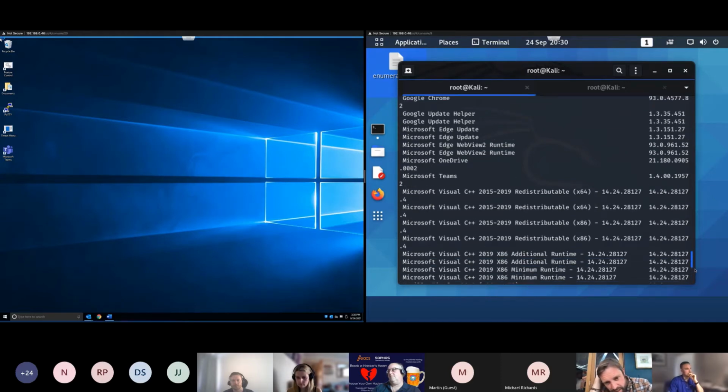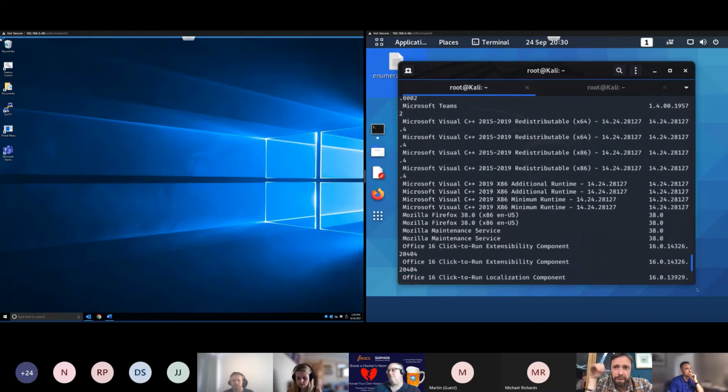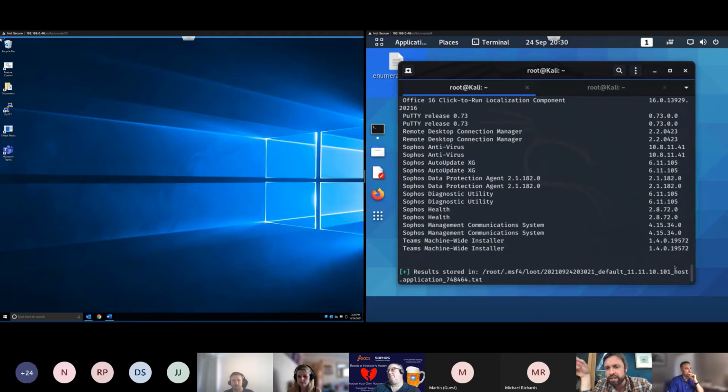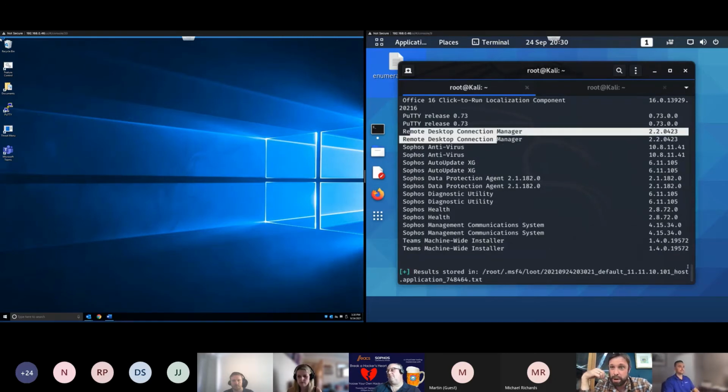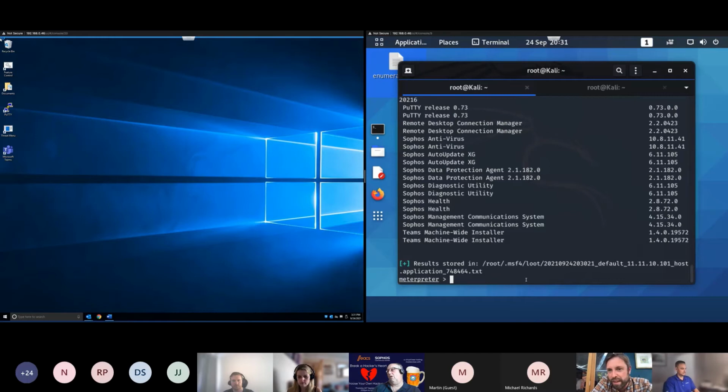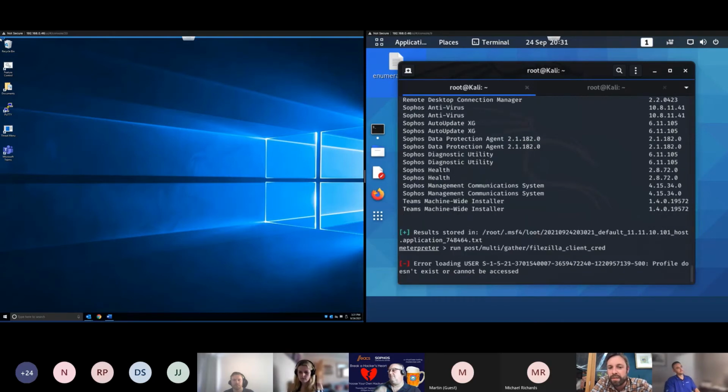Manager. Now, clearly that's an interesting target, right? Because that is an application which is written and intended to connect to other resources in the network. So the Remote Desktop Connection Manager is pretty much prime for this sort of thing as well. So what we're going to do is use some inbuilt tools that have very kindly been provided to us by the writers of this particular Linux distro. We are going to use the FileZilla client cred command to exploit and steal credentials from that particular vulnerable version